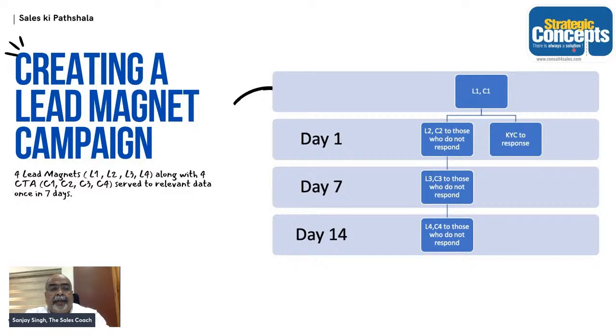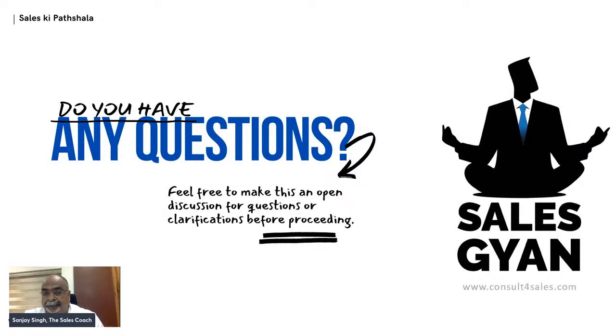As we move towards the end of today's program, on creating a lead magnet, normally one lead magnet is not good enough. So if you serve one lead magnet to a customer, serve the second lead magnet after a periodicity of 7 days and the third lead magnet after the periodicity of 14 days. So for every lead magnet campaign, you need to have 4 lead magnets with different messages. So 4 lead magnets served at a periodicity of 7 days each. I can guarantee you that on your list of suspects, you're bound to get some prospects which will convert into meaningful leads for your business.